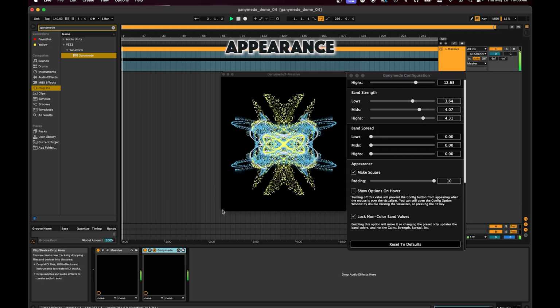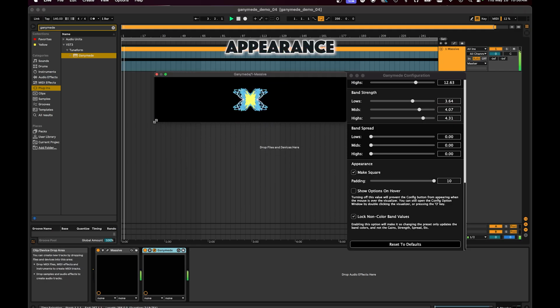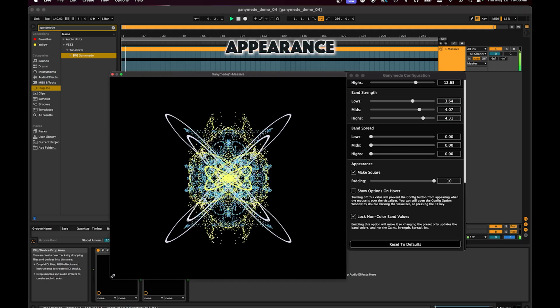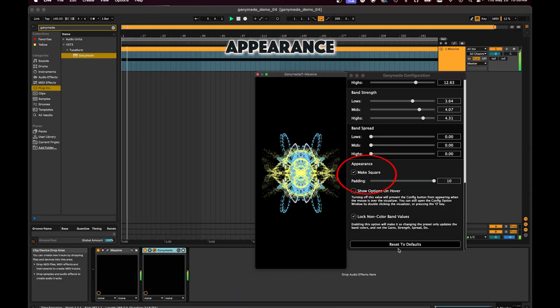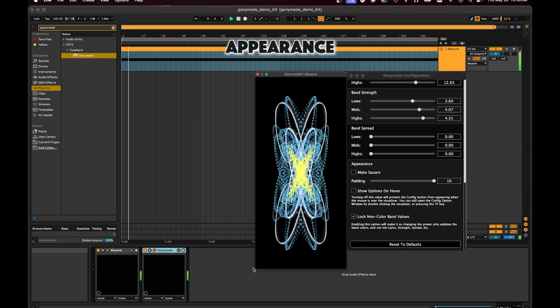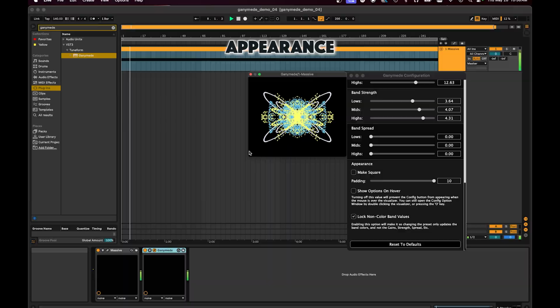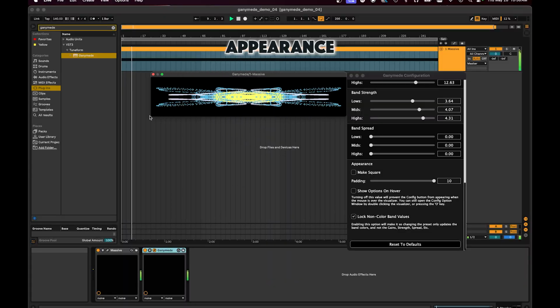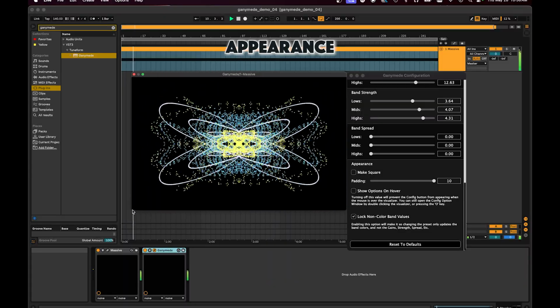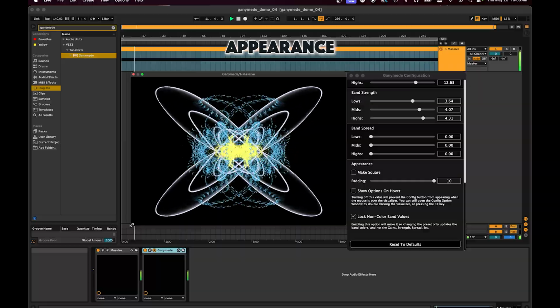The appearance section allows us to alter how the visual is displayed within the plugin window. When Make Square is checked, the visual will always be symmetrical across the vertical and horizontal axes, even when resizing the plugin window. However, if we uncheck the Make Square option, the visualization will stretch to fit the current size